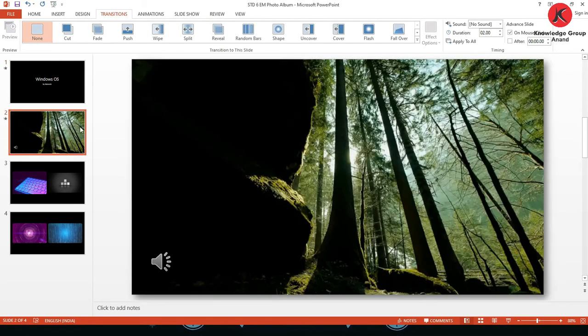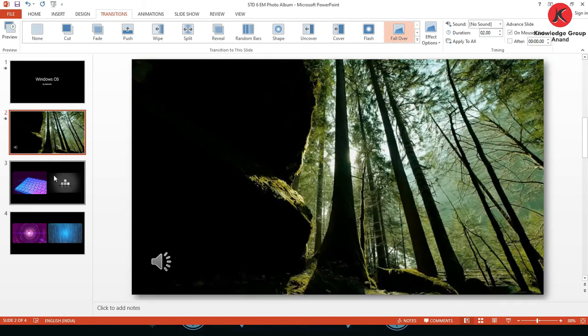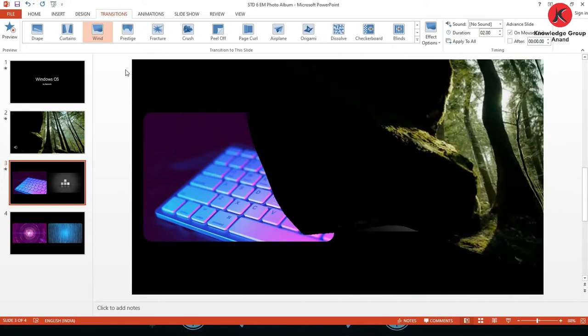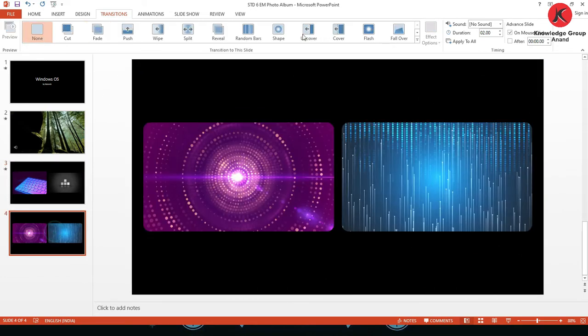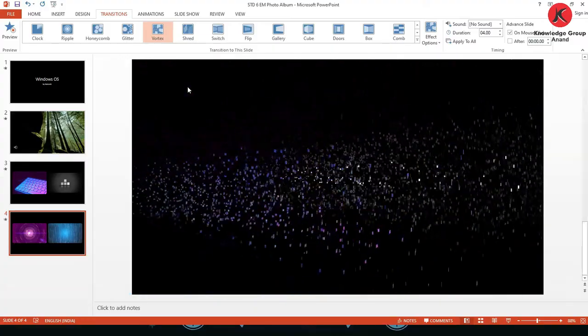Now the second slide should appear like a flower, like this. Now the third slide could appear like wind, like this. And now the fourth slide will appear like a vortex.